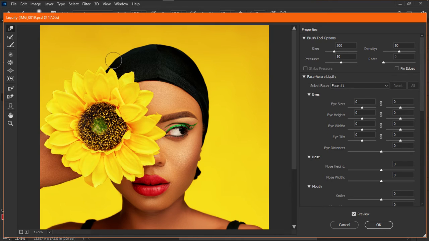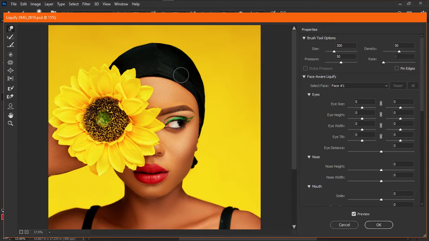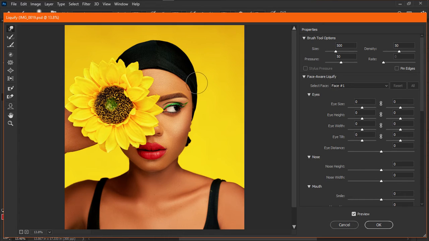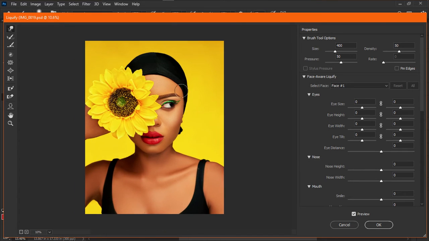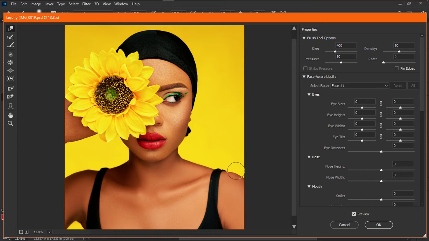Just to have a nice job, you need to do this. Get? So just pushing these parts that are inside out a bit. So this is just to make the image look nice. Okay, so we do that to the skin as well, pushing this in and this part in,